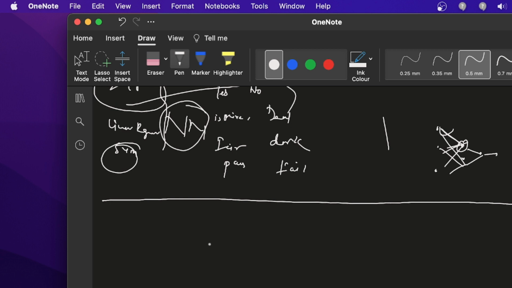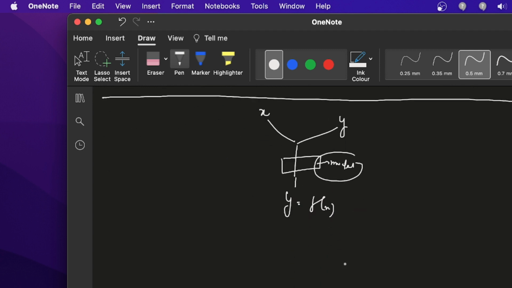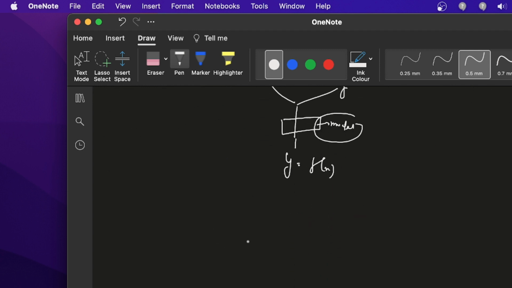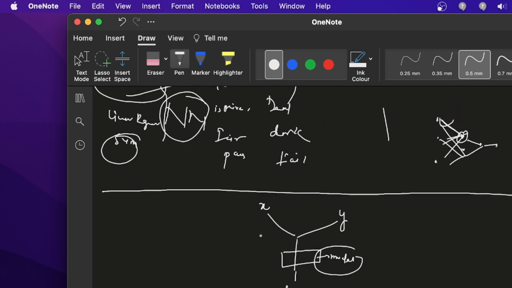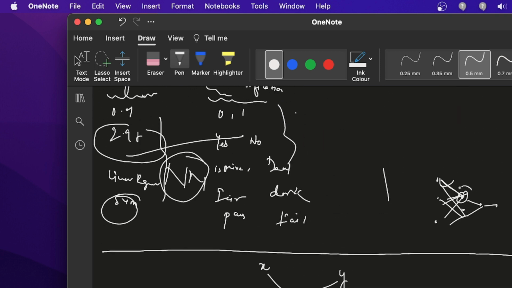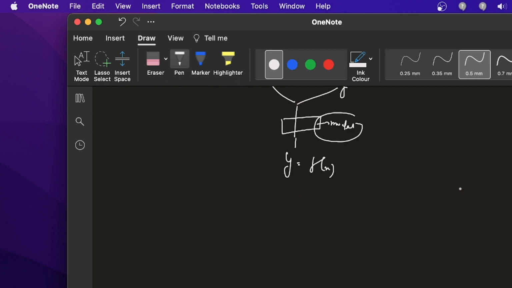Suppose you have a machine learning problem, which can be solved with this graph. Here the input is like a feature, and the output is like this. By using this input and output, you can predict your equation y is equal to function of x, and this is your model. So every time you are using this approach, if you focus on only one network, the network looks like this.